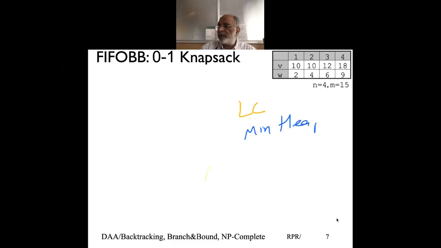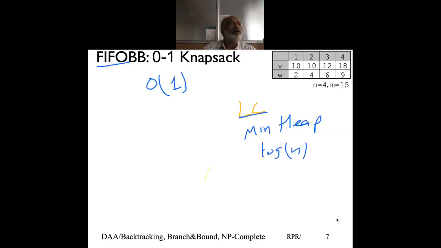So each time I pick an item, the moment I remove the item, I need to do the heap adjustment, and that becomes log n time. In FIFO, picking up and adding is order one time. When I do a least cost, my removing and adding is log n time. So somewhere I pay the cost, but least cost happens to be better because I explore a much lower number of nodes, but in FIFO I'll be exploring a larger number of nodes.